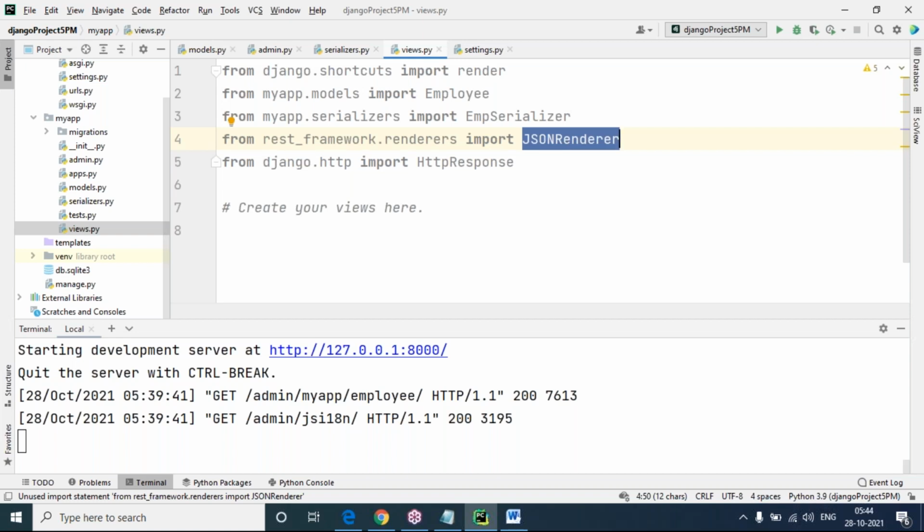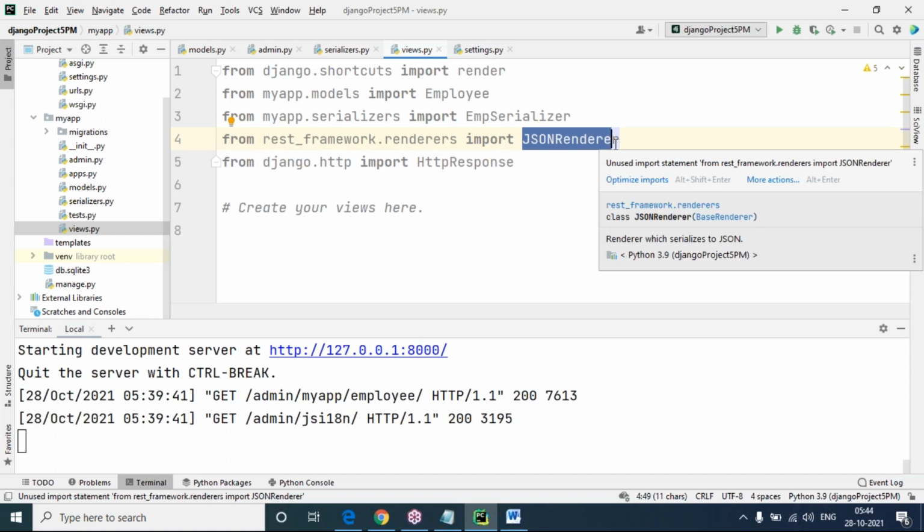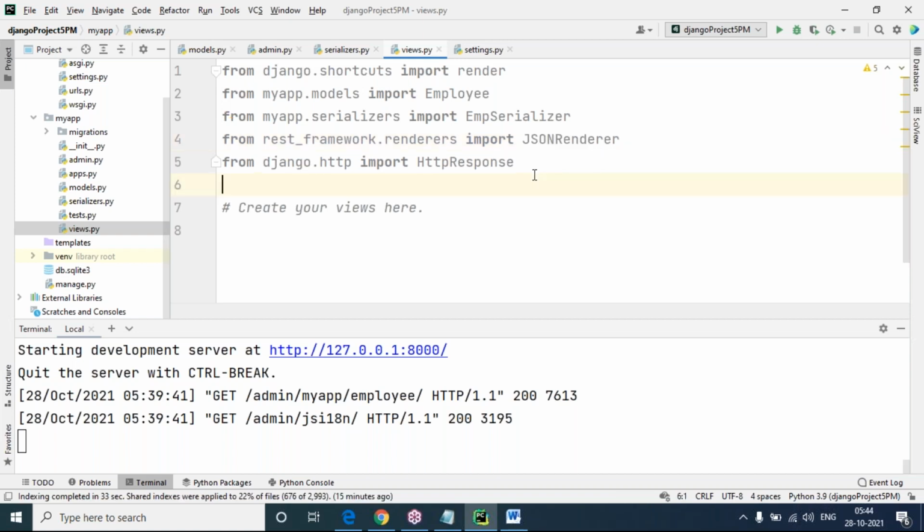JSONRenderer is used to render serialized data into JSON, which is understandable by the front end. That's why I'm using the JSONRenderer class in my program. So the JSONRenderer method .render of serialized data, that I'm going to use. So let's go through this views.py completely.